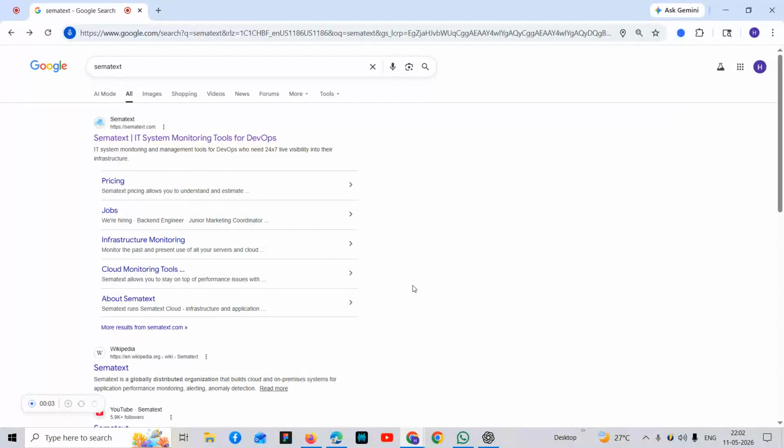In today's video, we are reviewing Sematext and answering one question. Is Sematext worth using in 2026? This video is for DevOps teams, SaaS founders, infrastructure engineers, agencies managing client systems, teams needing logs, uptime, and observability in one platform. If you are comparing Datadog, New Relic, Grafana, Betterstack, or other monitoring tools, then the video helps